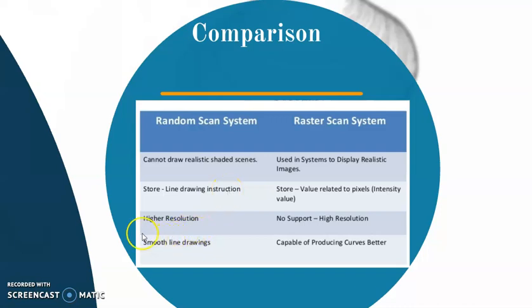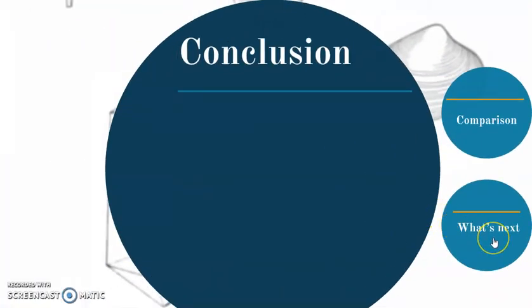I will have a good resolution in random scan display because a line at a time is the output. For raster scan display, the resolution is low because you draw pixel wise data. I will get very smooth lines when I draw using random scan display. But raster scan display is better for curvature type objects. For line type objects, I will definitely use random scan display. But for curvy objects, I will use raster scan display. So this is the comparison between raster scan and random scan display.